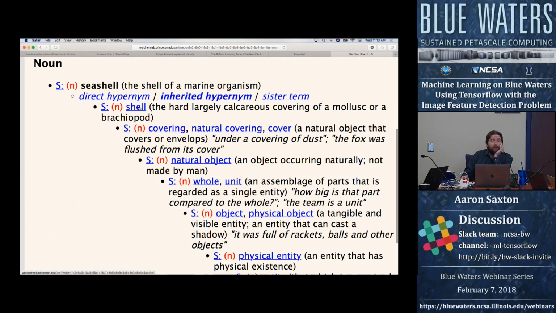Oh, a shell. Covering, natural covering. Seashells indeed cover an organism inside. A shell, a whole, a unit? I don't know why that would be a relationship. How big is that part compared to the whole? Oh, a natural object. So these are all nested versions of here. So the point is,